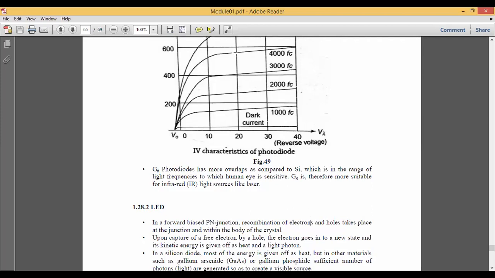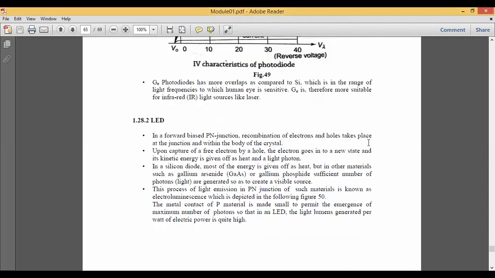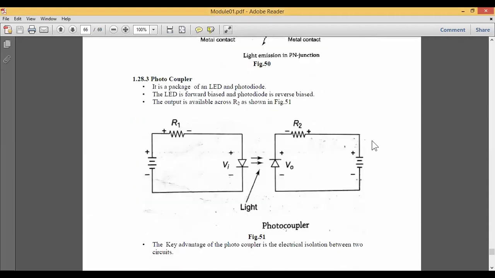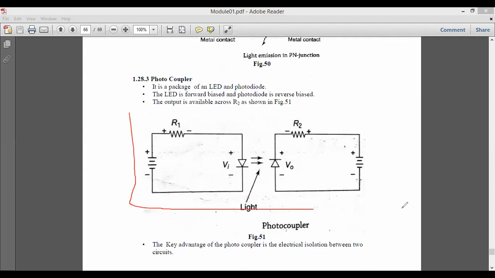Okay, now we have another type of diode, which we also call a photocoupler. The word itself says that couple is nothing but two, right? So when I combine both devices, the LED and the photodiode, what happens here? If you look at this particular diagram, this is completely one diagram. These are not two diagrams; the whole diagram itself is a single diagram.